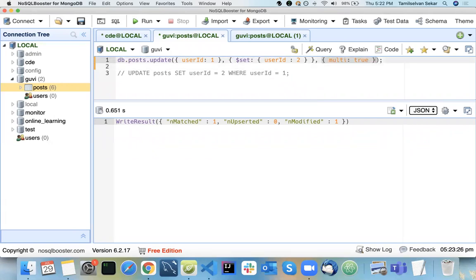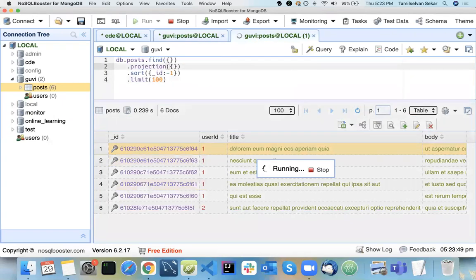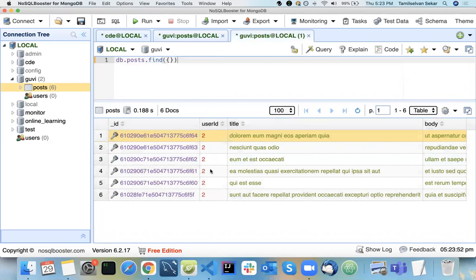it is exactly similar to your update many, okay. So multiple records you are going to update, so that's why you are mentioning true. Suppose if you don't mention this, it will act as an update one, it will update only one record, okay. So go here, and if I use multi true, and now if I go here and select that, see now all the records are updated. See, 2 2 2 2 2, okay.